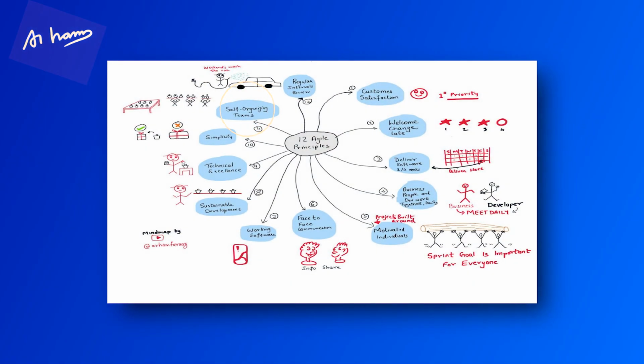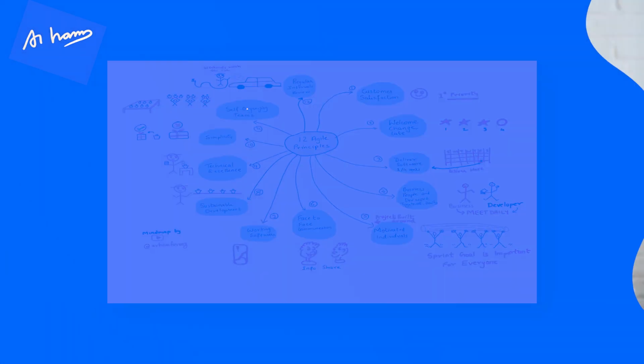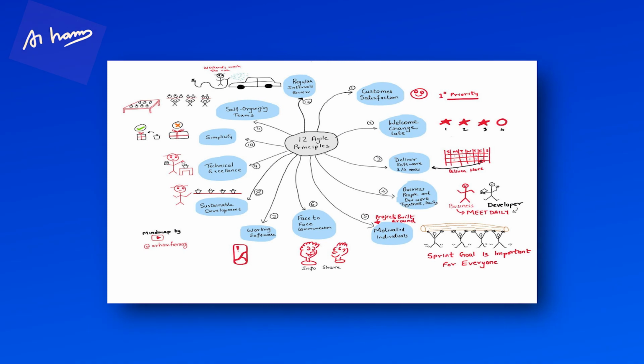Okay. The next thing is that projects are built around self-organizing teams, right? So everybody does their own work. We don't assign tasks in Agile like in the traditional way of project management. Agile people are expected to be self-organized. They have to pick up their work and work on it on their own. Okay. Next thing is that at regular intervals, we review and retrospect and fix the way we are working.